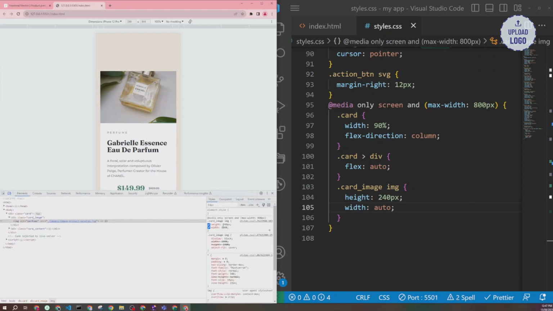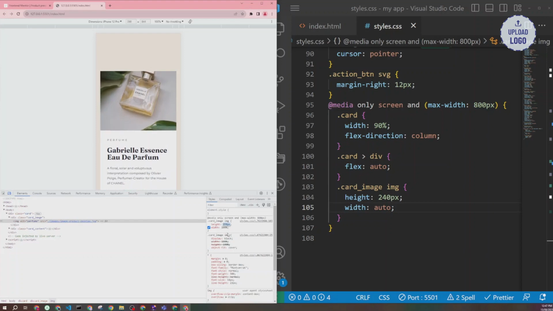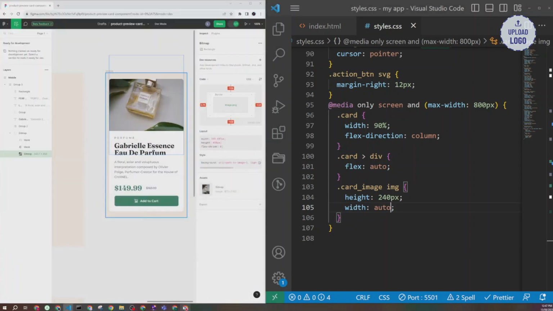Okay, and this is a very good way. Sometimes you want to keep trying things, like if it works or not. Like say I want to increase the height, see how it will look. So you can do all these things in your inspector, and when you are okay with it and you feel it's matching your actual design, you can just go ahead and copy it at that time. So you can see here the image, I can still see a little bit of the